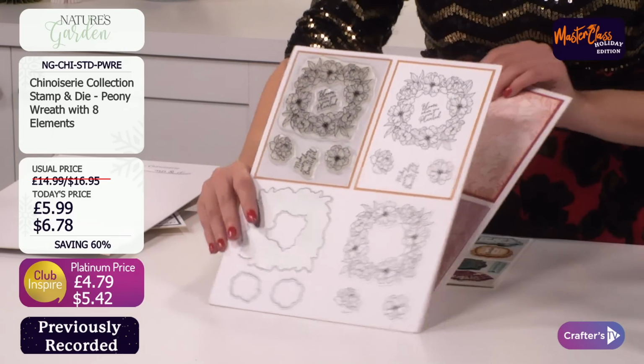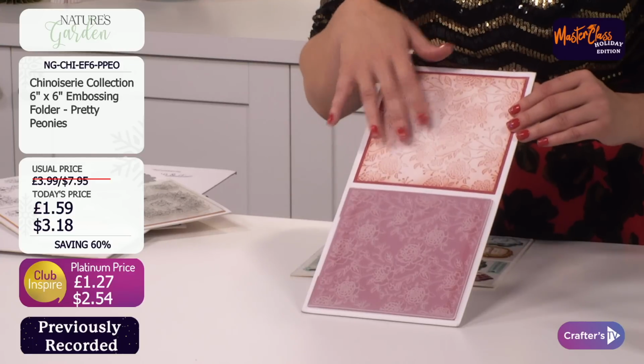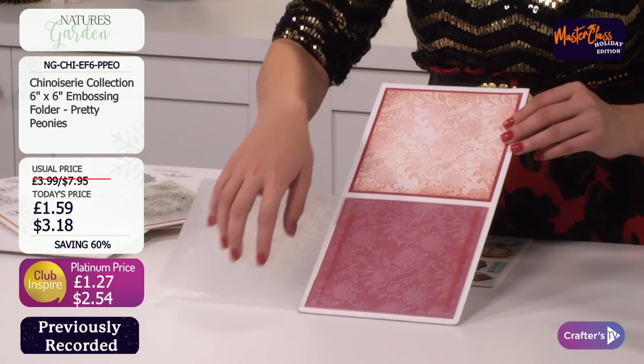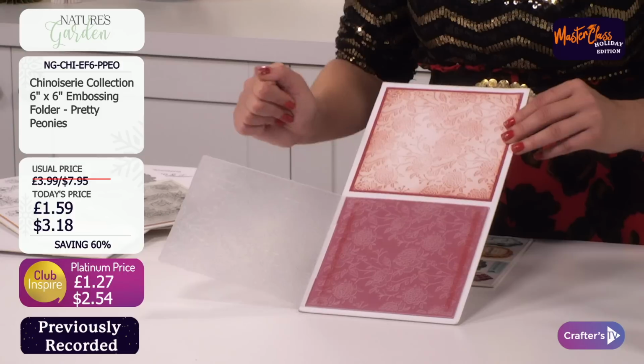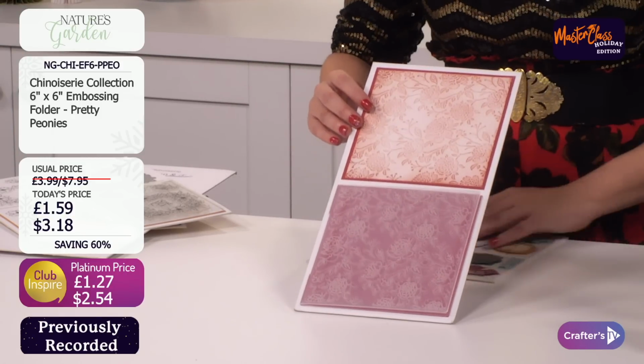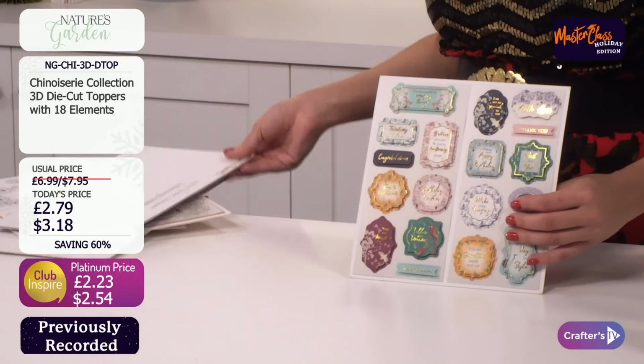Oh, this is one of my absolute faves I've got for you, your Pretty Peony embossing folder. So what this does again is it's going to add texture to your designs. You've got the innie and the outie side, a bit like belly buttons, and it's going to add some lovely texture to your pages. And then finally, and just wait till you see the price on this,